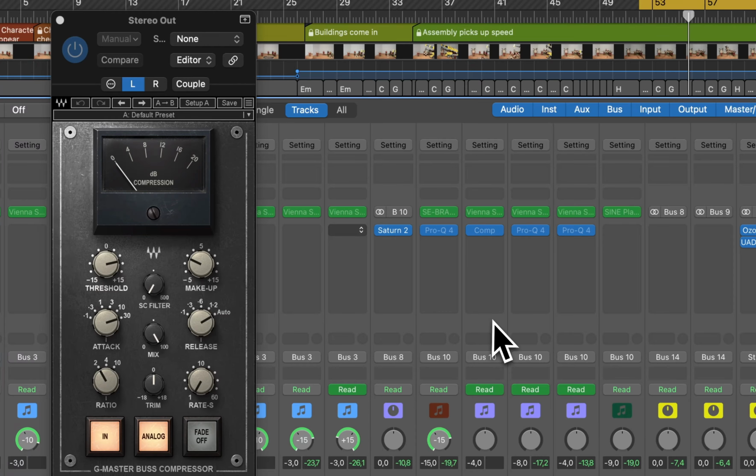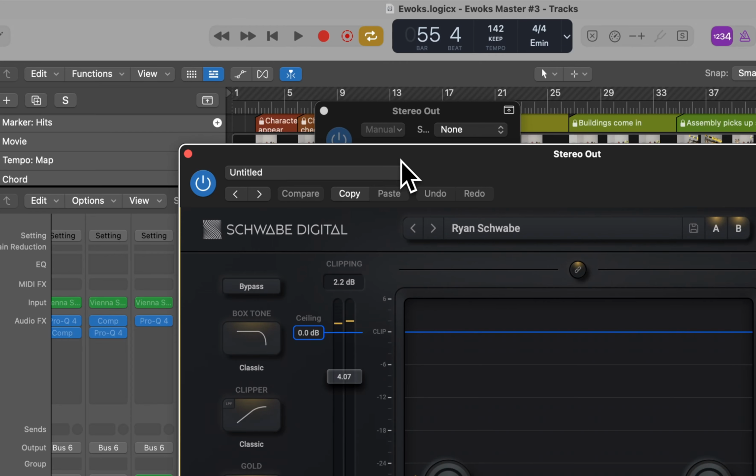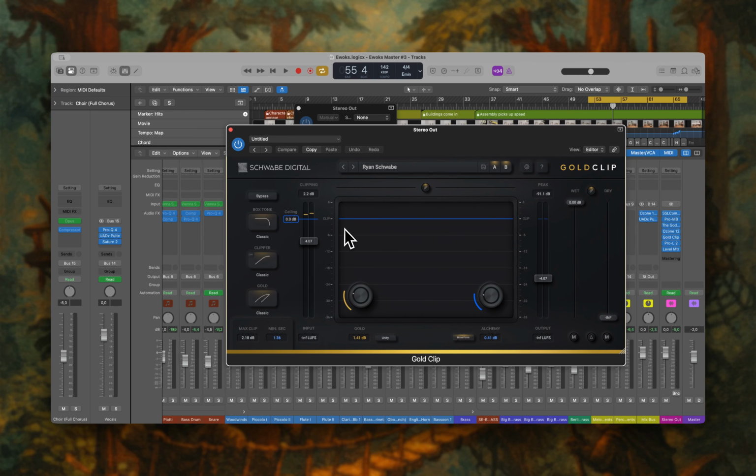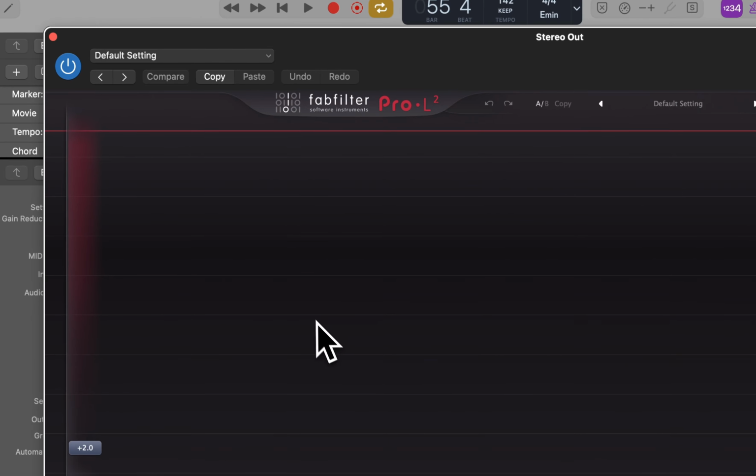I never overdo it at this stage with regards to the limiting, because I always like to run it through a Gold Clipper. Now as an orchestral score, debatable, do you need a clipper? I think yes. I just wanted to knock off or cut off 2.2 decibels here. I dialed in a bit of gold, added a bit of alchemy, which are very specific settings to the Gold Clipper here, and then eventually going into the Pro-L 2, which in my current production workflow is my final limiter